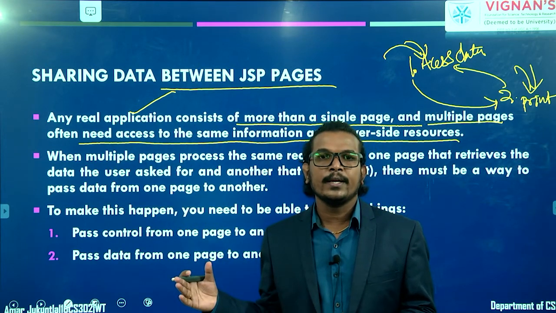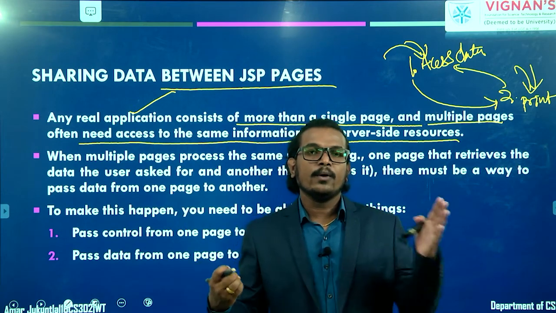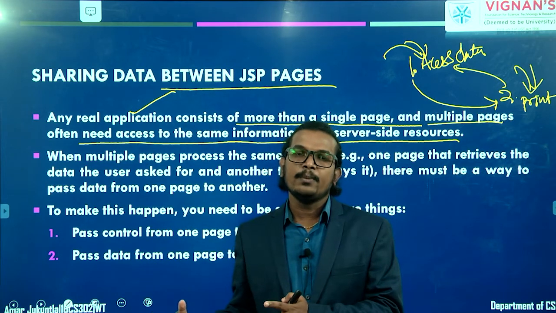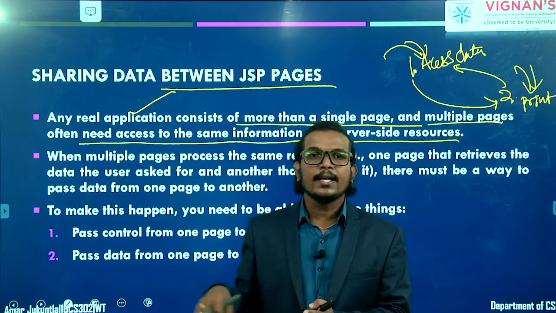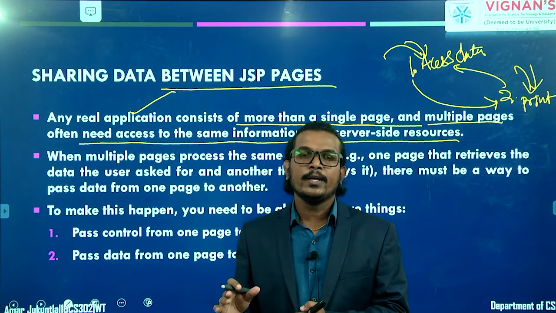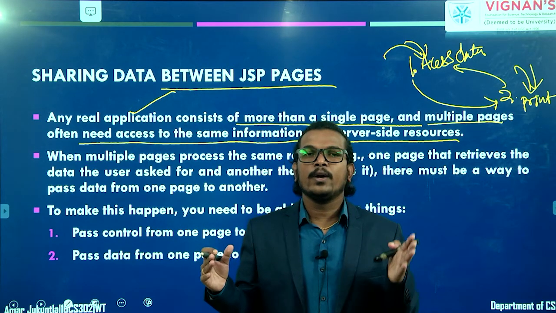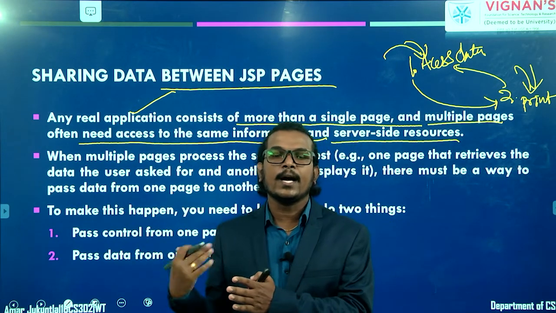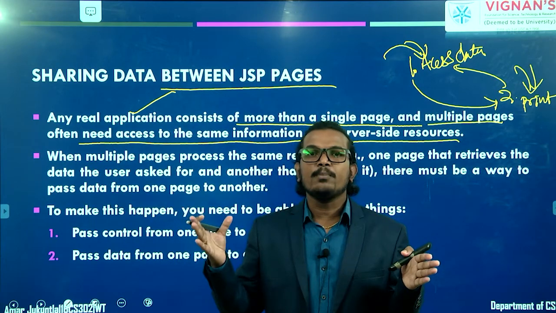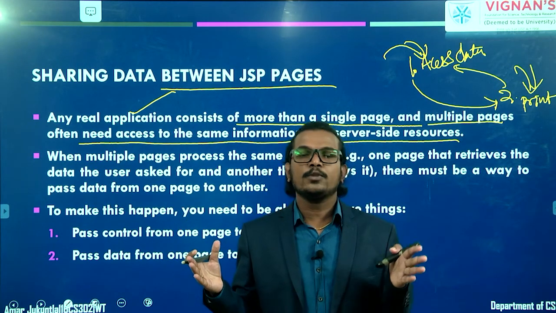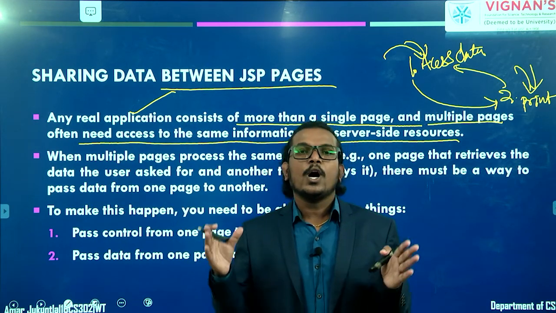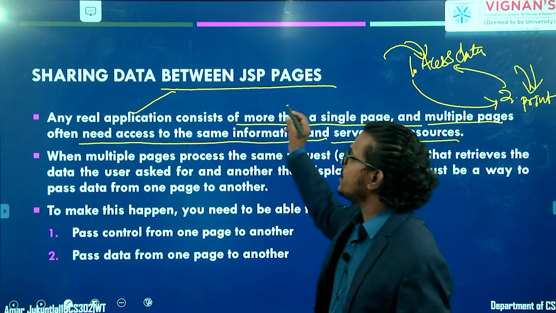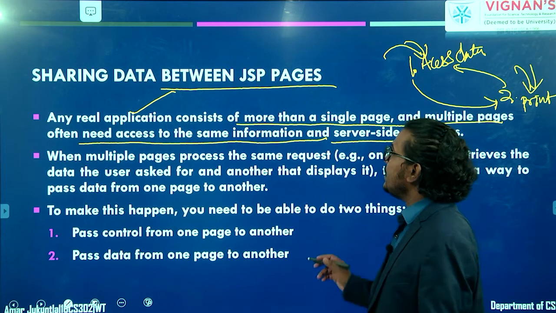In that page, you get the same information. Whatever you had on the previous page will be reflected on your second page also, and that cart information will not change. Means page 1 is there and page 2 is there. You are in page 1, you added the cart information. In page 2, you can access that cart information. Means page 1 and page 2 are sharing the data. So how do page 1 and page 2 share the data? All those things we'll see in sharing the data between the JSP pages.